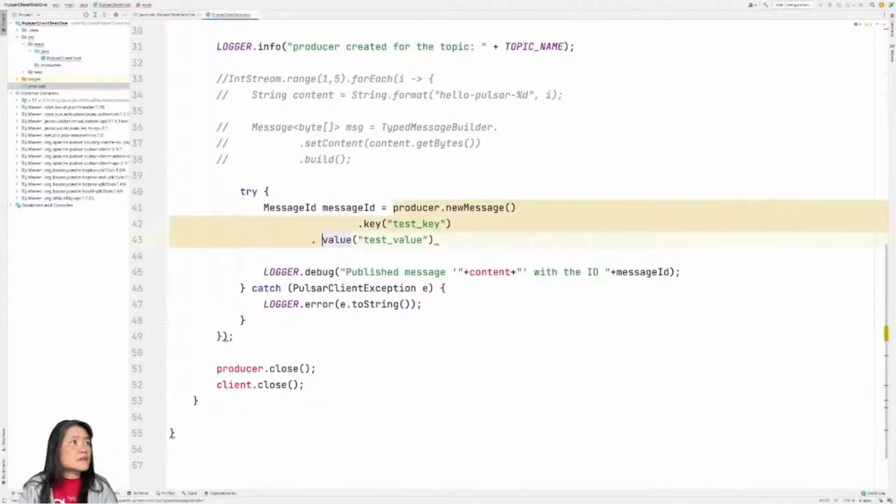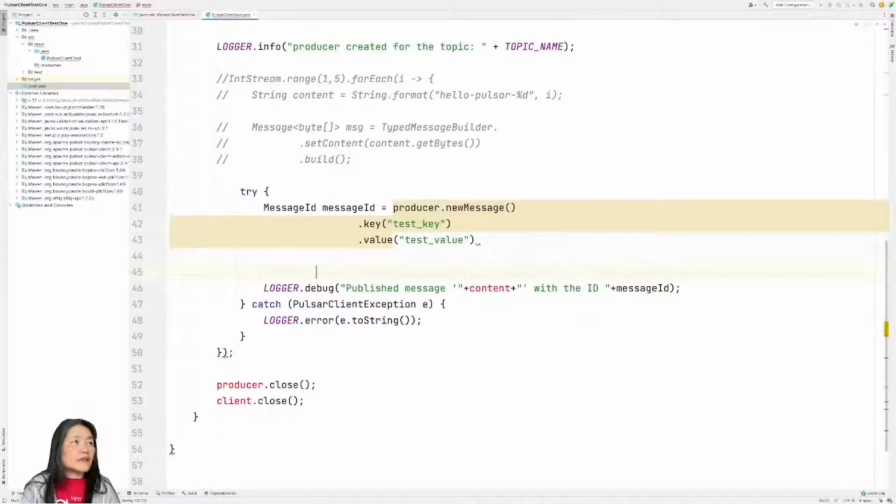Oops. I don't know why sometimes IntelliJ doesn't know. For some reason, it doesn't seem to recognize this pattern of this function, right? This essentially is the chaining that I'm doing. Okay, so then,